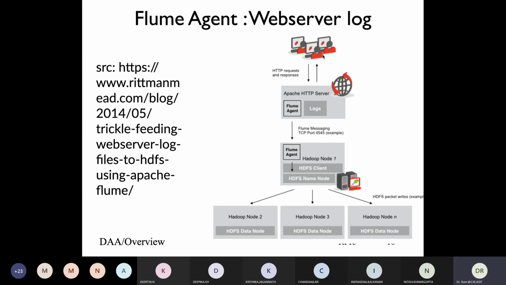So we have a number of users accessing the web. The users make an HTTP request, they get the response. So each request-response generates a log. We're running a web server. On the same machine, we have a Flume agent. The Flume agent will read the logs and write to another Flume agent. So multiple web servers could write to this Flume agent, and this Flume agent will act as an HDFS client and write HDFS data, and the actual data would go to different commodity servers where my actual nodes are running. And that's how the basic Flume setup works.